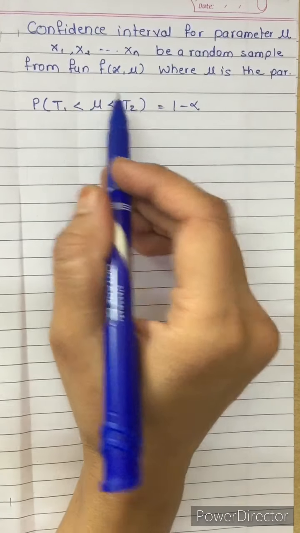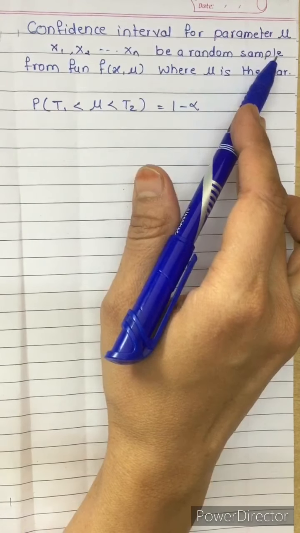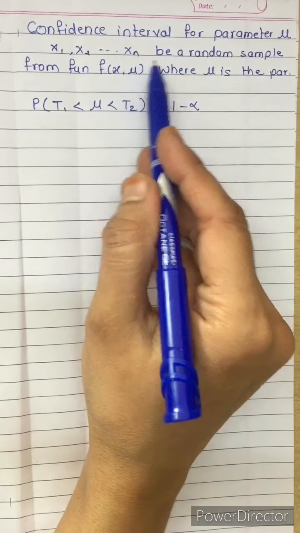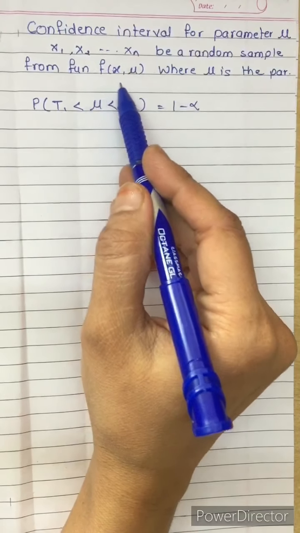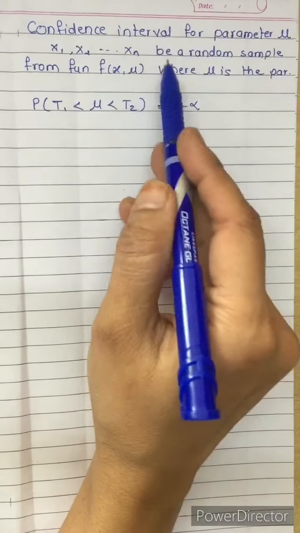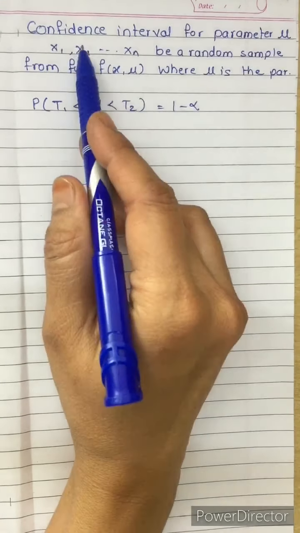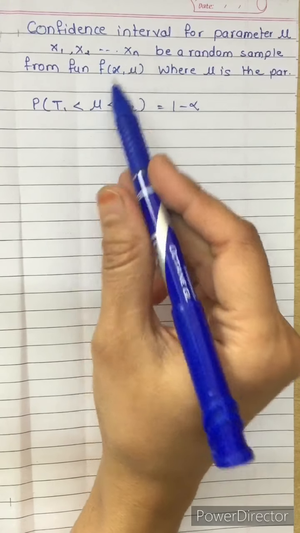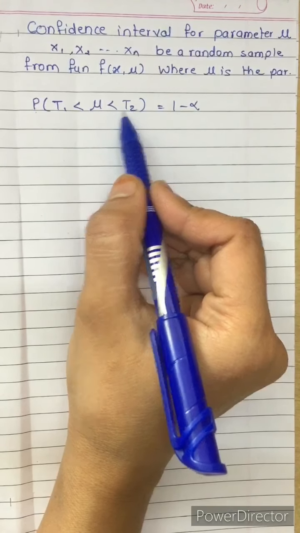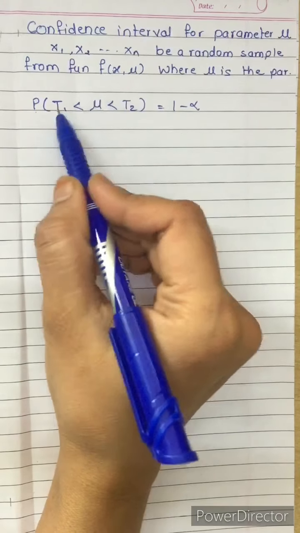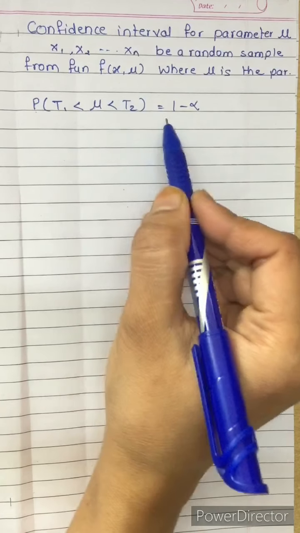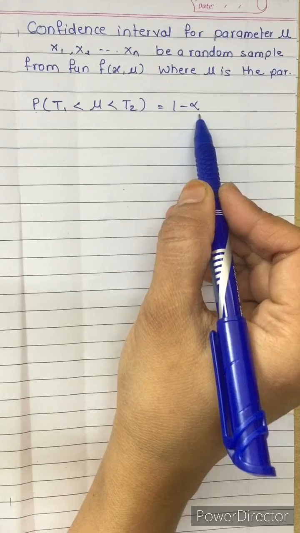Now we are going to see the confidence interval for parameter mu. Here our data or sample is x1, x2 up to xn, a random sample from function f(x, mu), where mu is the parameter of the distribution. Now how can we find out the confidence interval? Let's suppose probability t1 less than mu less than t2. We need the interval for mean mu, population parameter mu, that is equal to 1 minus alpha, where alpha is